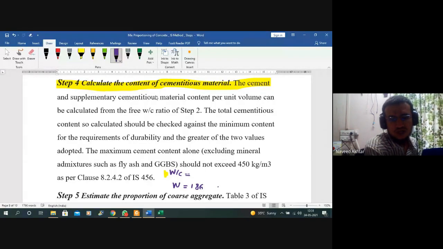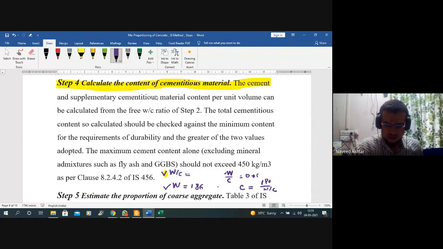If you know the water content and the water to cement ratio, which may be 0.45 or something, then you can easily find the cement content as water content divided by water to cement ratio.